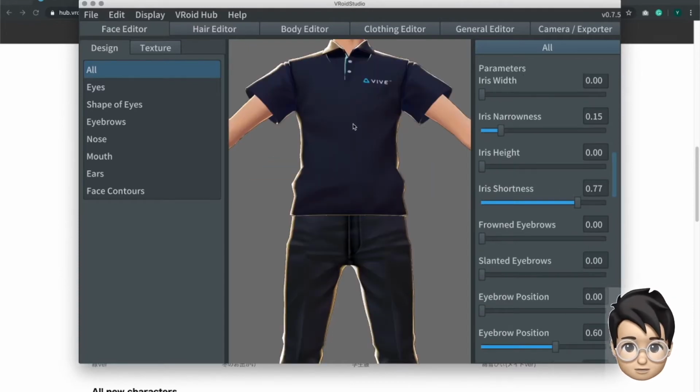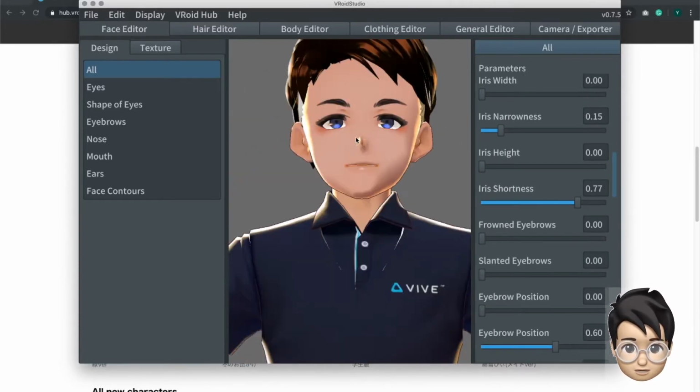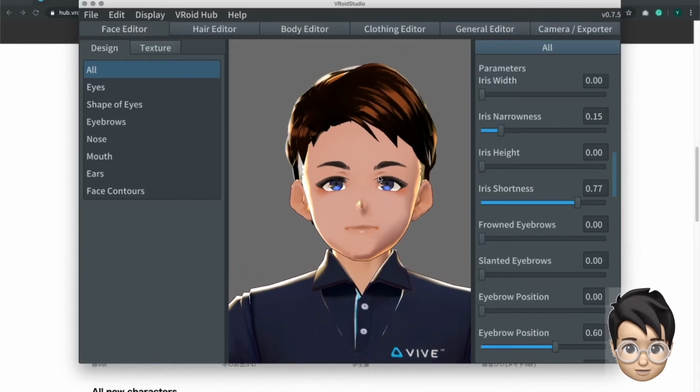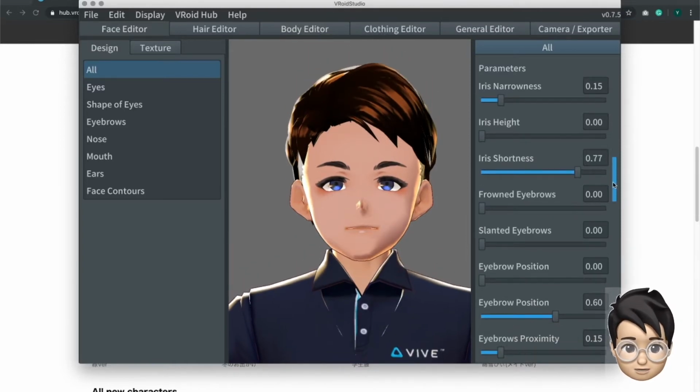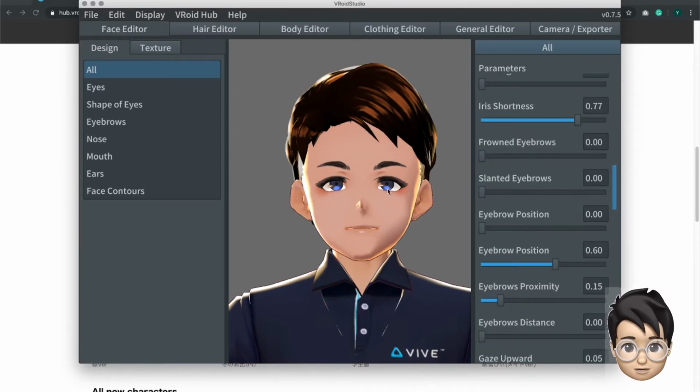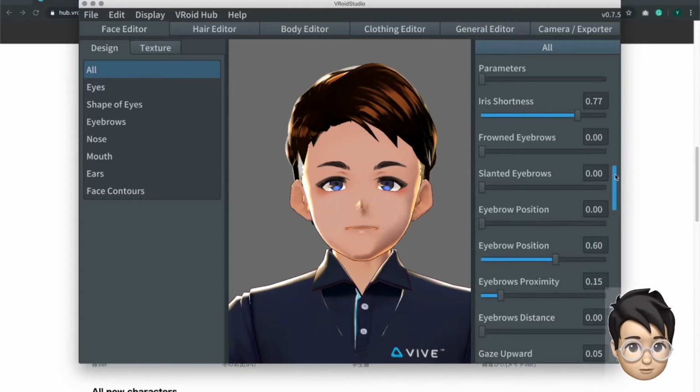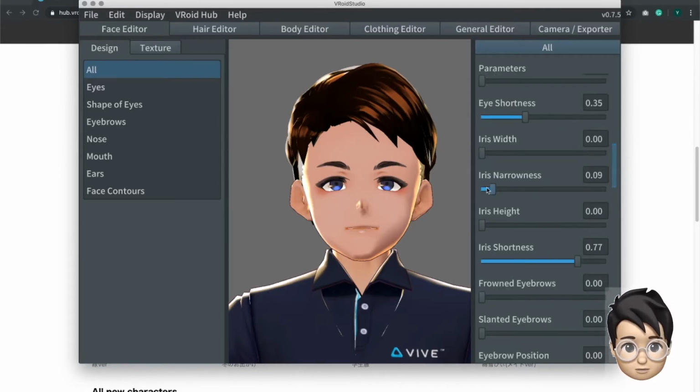If you zoom in and move your character down, you can actually go ahead and change the size of these irises. The iris is a texture of its own with its anime style, but changing the size impacts how it can look. Narrowness, so it starts from a circle shape. You can make it much more narrow like this, and you can change the height. That just made the height